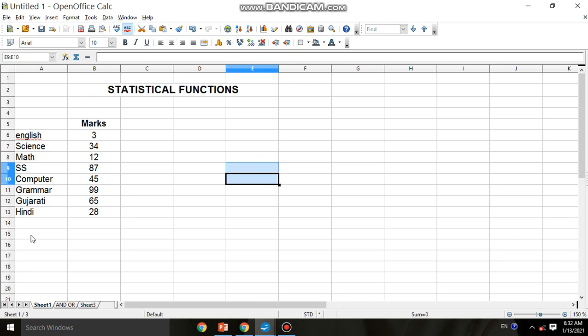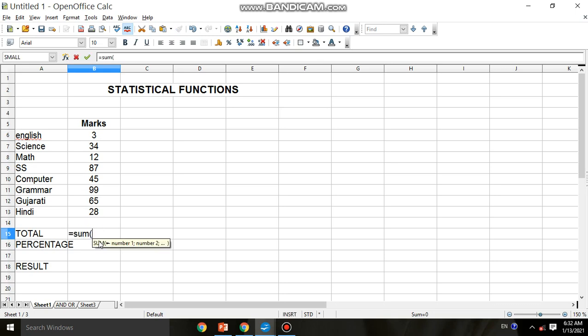Now let's do something with these marks of the student. So we do one thing, we make the total, we get their percentage. Total, you all are aware that we can write the total using the sum function that you have already known. Sum function and the given range.